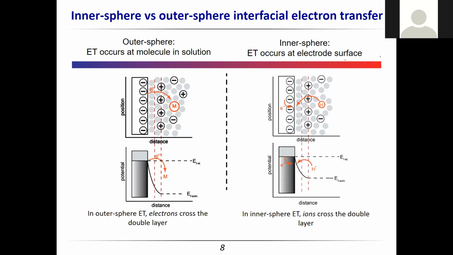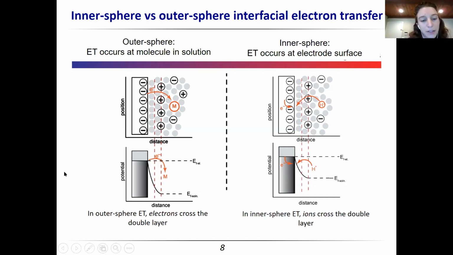Okay, Amy? I had a question about the potential difference in the two cases. It looks like outer sphere has a much larger potential difference between the solution and the electrode than for inner sphere. Is this like a trend? So can you predict which mechanism it'll go by the potential difference? In this case, these are just two examples. You can't read into it more than that. So you can't predict this.